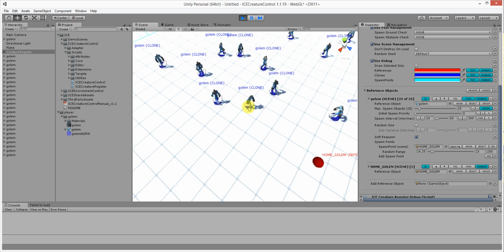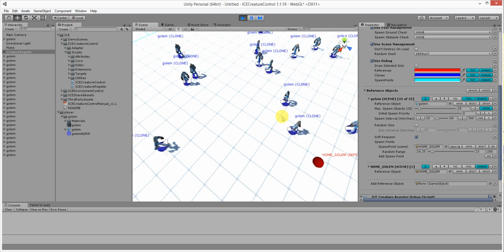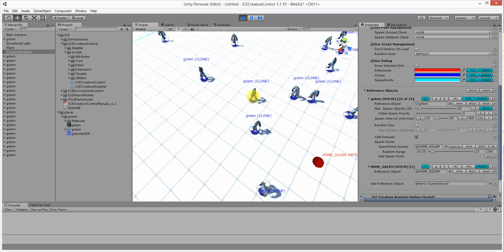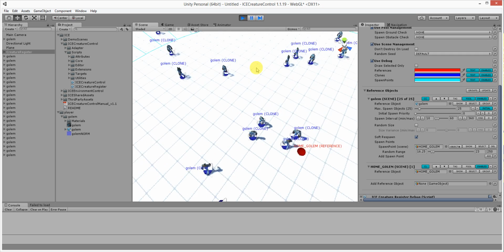But you see also there is no collision detection, so they have an intersection. Okay,